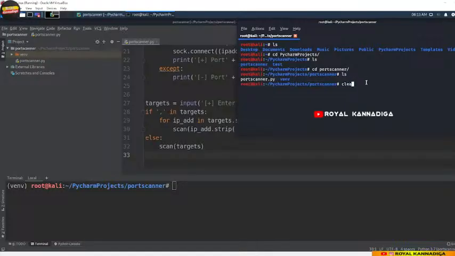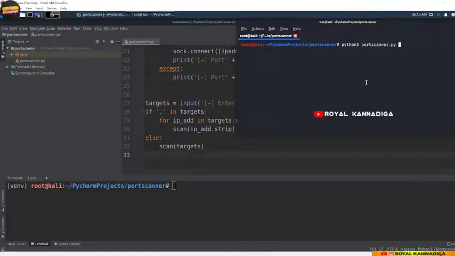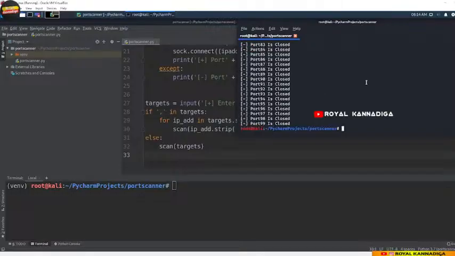I will clear the screen and I will run the program. First of all, let's try it with one target. So let's switch it up a little bit. I will use my actual router IP address in order to perform the test of this program. So I will type 192.168.1.1. Press enter and you will see it will perform the scan really fast because my router is close